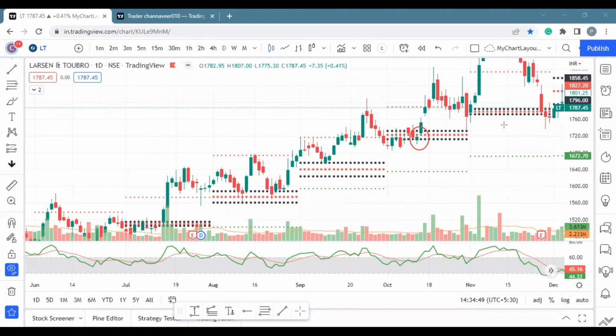Here again there's another opportunity here. There was another opportunity there, but somebody who has taken that breakout of that R1 keeping that SL below the R1, then the SL would have been triggered for that trade. But nevertheless, that's a part of the game. You also have to take the SL apart from the reward.